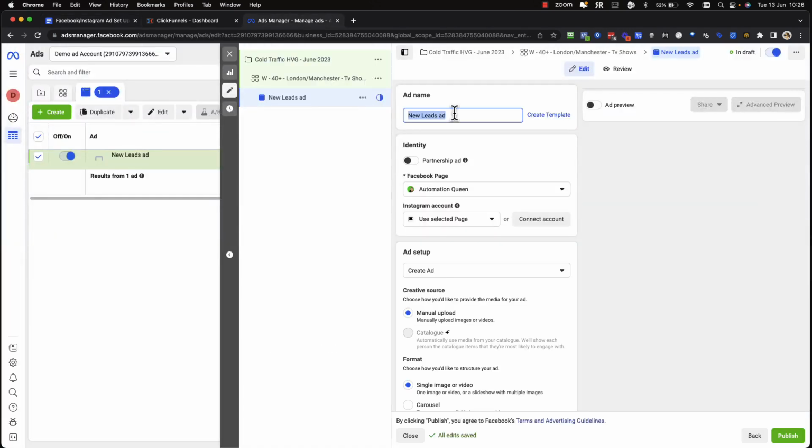So name the ad, so I might just say ad copy 1, image 1, or I might say image ad copy 1, and depending on the picture, it might be women head in hands, for example. So it's describing the image that I'm using. Again, it makes it really easy for me to look at the data and look at the list,